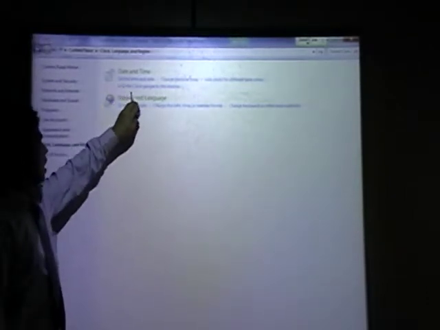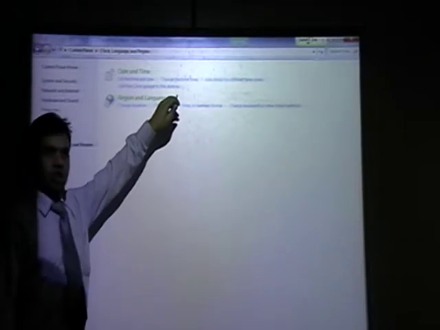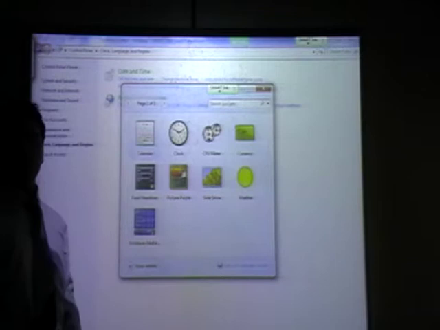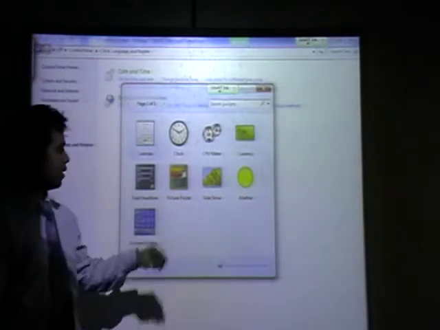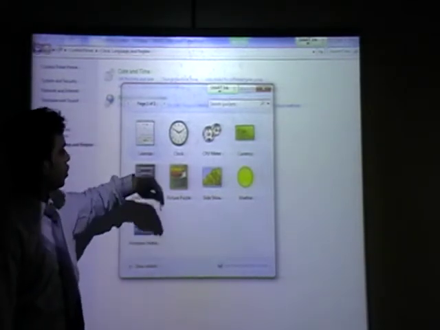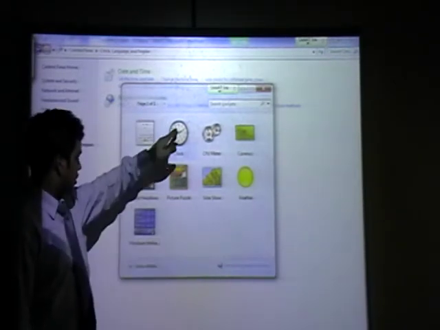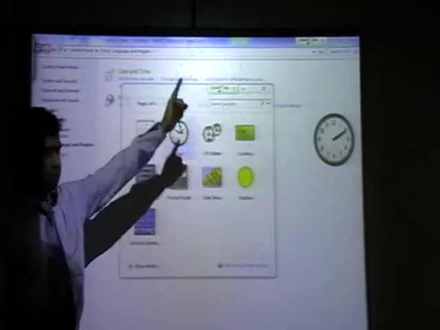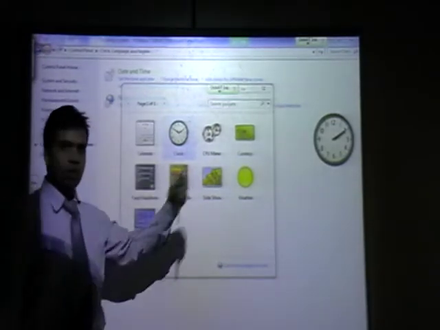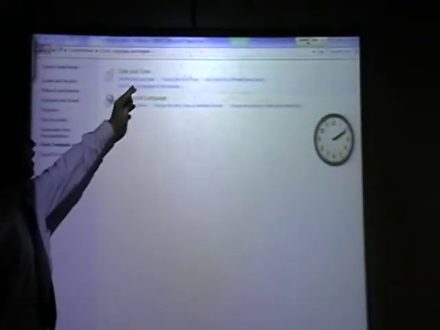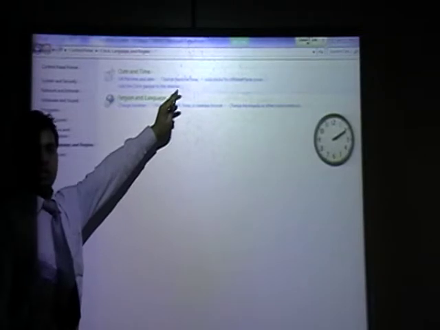Here, can you see, add the clock gadget to the desktop. If you click on this, this will open. Is it open? From here you choose clock. Double click. It will go to desktop. It will go to your computer screen. How do you open it? Here, click on add the clock gadget. Desktop.